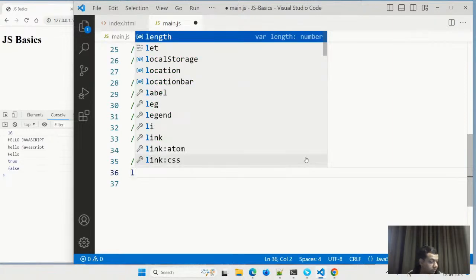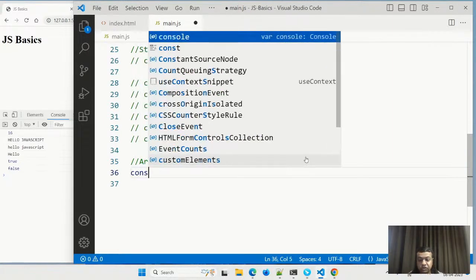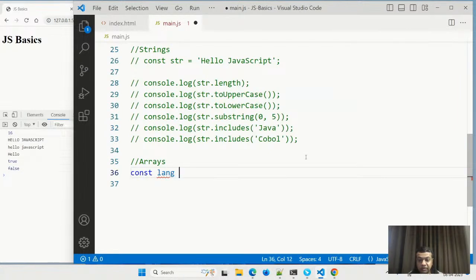So let us have const lang equal to script, comma, boolean, comma, string.